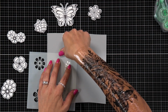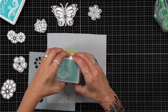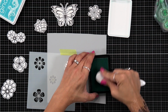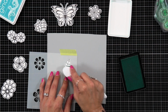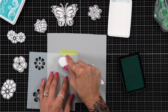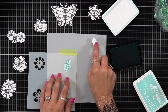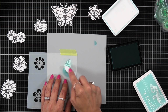with these smaller images. Now, this first one, I am lining up the leaf image, so there's only one layer of the leaf with the stencil. I thought I was going to try something a little different and create some blue leaves. I don't end up using these in my card project today, but I did still want to share with you what I did. I am using some Spellbinders Best Ever craft tape to kind of secure my stencil at the top there. It's not going to perfectly hold it down, but it grips it enough that it's not going to